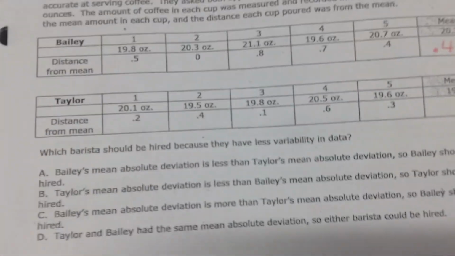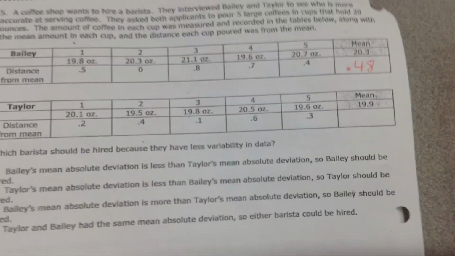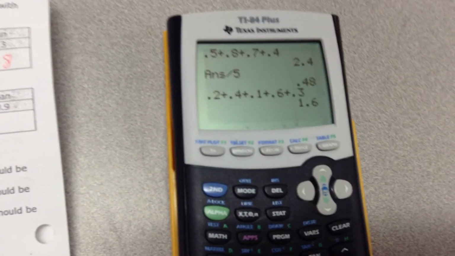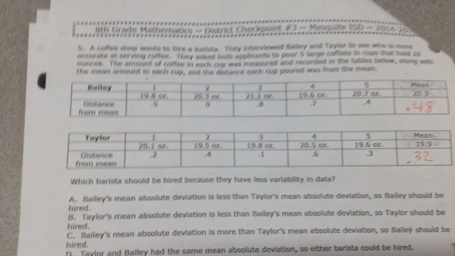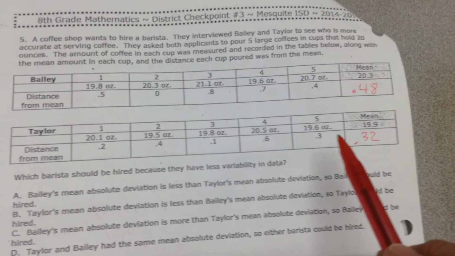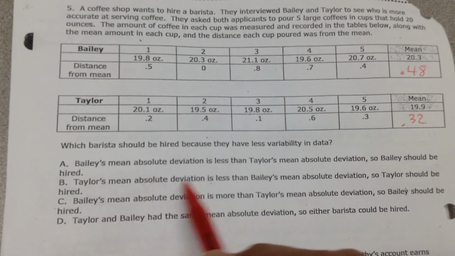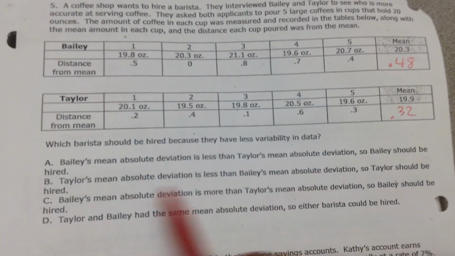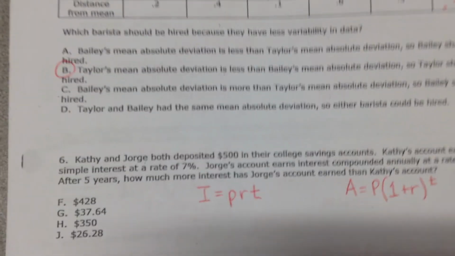I get an answer of 0.48. Okay, same thing with the second one. 0.2 plus 0.4 plus 0.1 plus 0.6 plus 0.3. I hit enter. I get 1.6, and I got to remember that there are 5 of them. So I divide that by 5. I get 0.32. And what that tells us in this problem is that Taylor, since her MAD is lower than Bailey's, that means Taylor is closer to her average most of the time. So she's more efficient. So that means Taylor's mean absolute deviation is less than Bailey's. So Taylor should be higher. So that's answer B. All right, number 7, we got another one where we got to compare the difference of